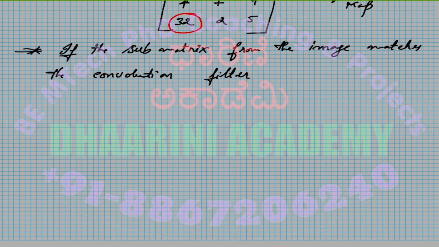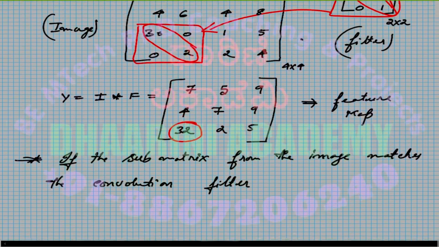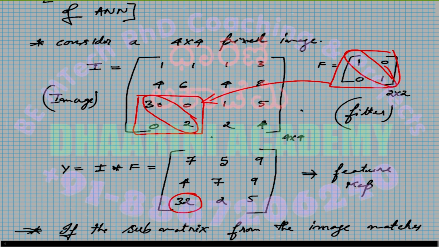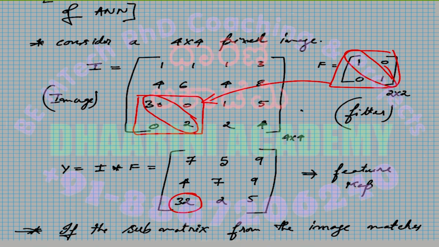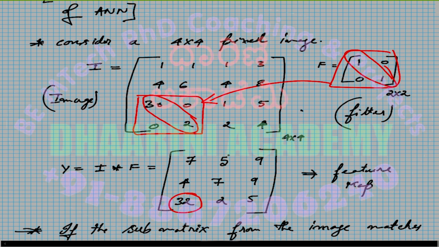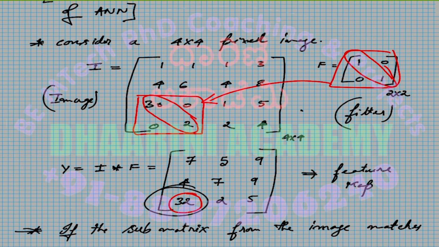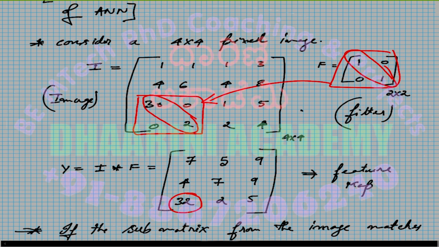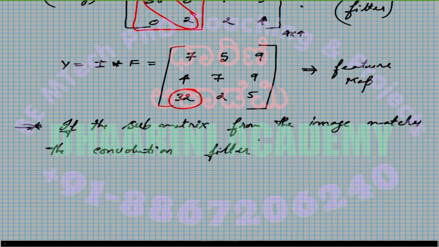By just looking at this feature map, what is your conclusion? There is a component of the image exactly matching my filter at this position. I can even identify that. So you see, that's the beauty. Let me finish the sentence. If the submatrix from the image matches the convolution filter, what happens? Then the process of convolution,